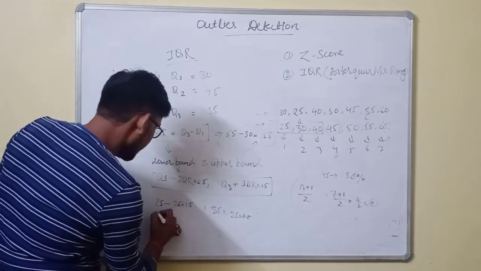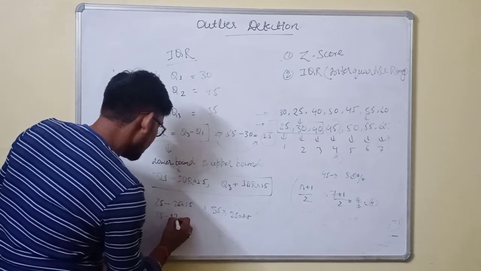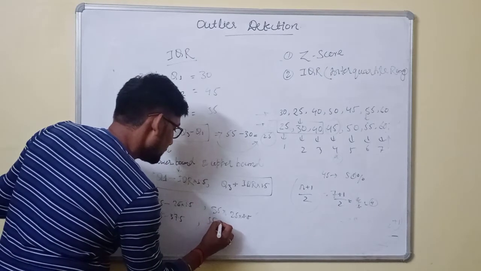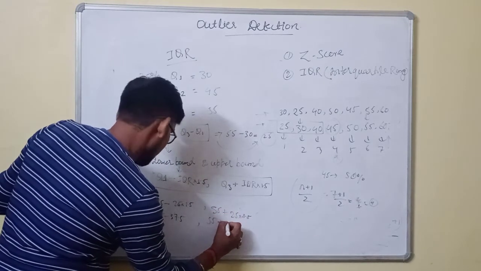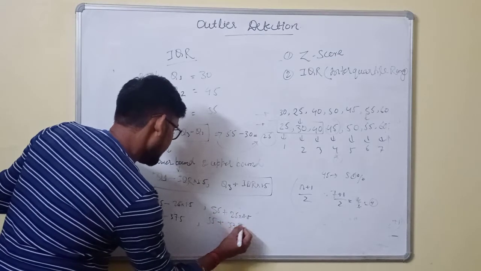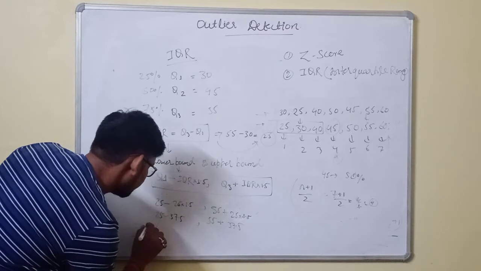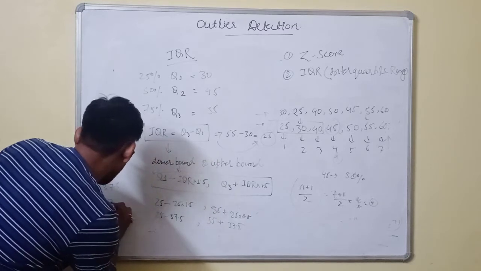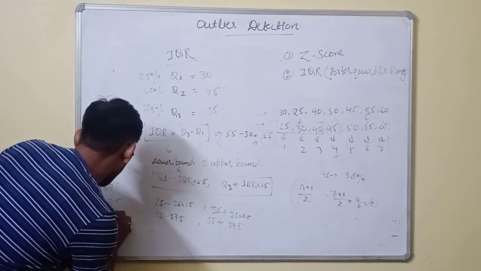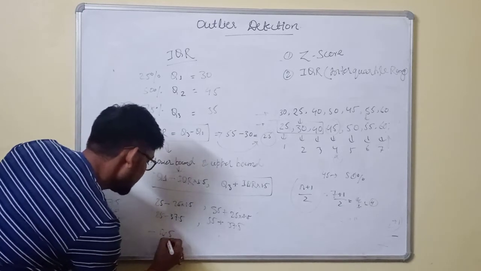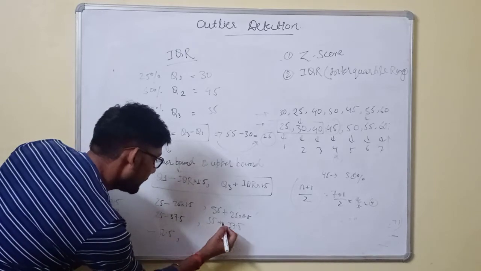So 25 minus 37.5, and for 55, plus 37.5. This would be calculated as minus 12.5 is the lower bound and the upper bound would be